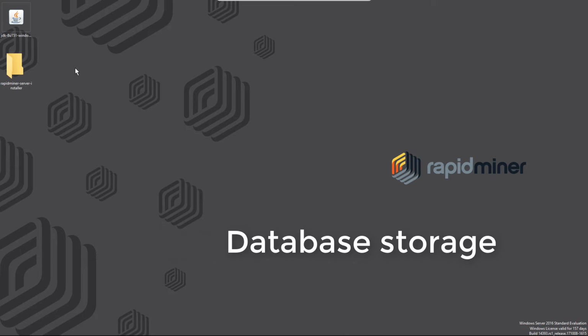RapidMiner server requires a database in which it can store repositories including files and process, and also its configuration files and system table. Since version 7.2 RapidMiner server requires Java 8, so we'll now start with installing Java and then we'll configure our database. We've pre-installed a blank Oracle 11G Express here and also set up SQL Developer, so in